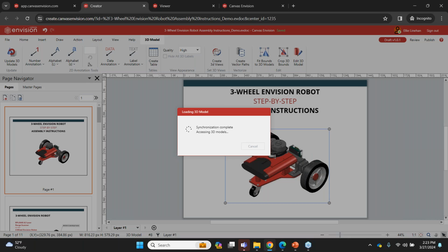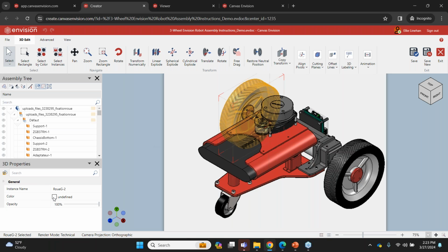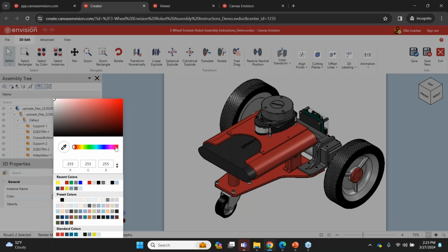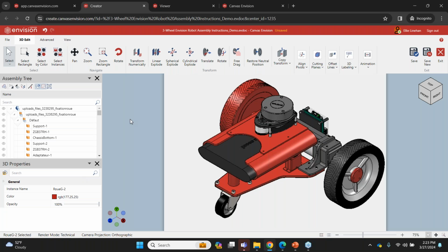So in the 3D edit, let's just take a look. One of the important notes on our tool is that you don't need to be an engineer or designer to be able to edit 3D models in Envision. So we'll see on the left-hand side, there's an assembly tree as well as 3D properties. So if I select any component, you'll see I can change the color using the 3D properties to any color that I want. And I can also reposition components. So if I grab, let's say, that same wheel,